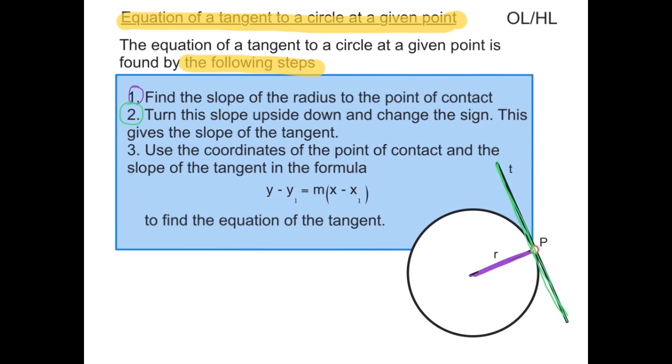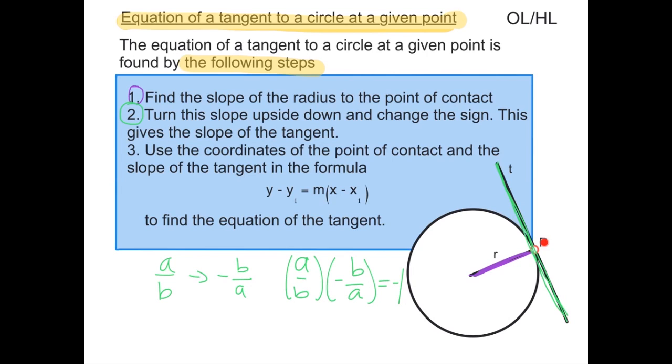Because if we turn the slope upside down and change the sign, then the two lines will be perpendicular. If the slope of the first line is A over B, for example, if we flip this and change the sign, we get minus B over A. And if we multiply those two values, A over B multiplied by minus B over A, we get an answer of minus 1, which, as you might remember, is the answer that we need to get to show the two lines are perpendicular. So now we have the slope of our tangent line here in green,